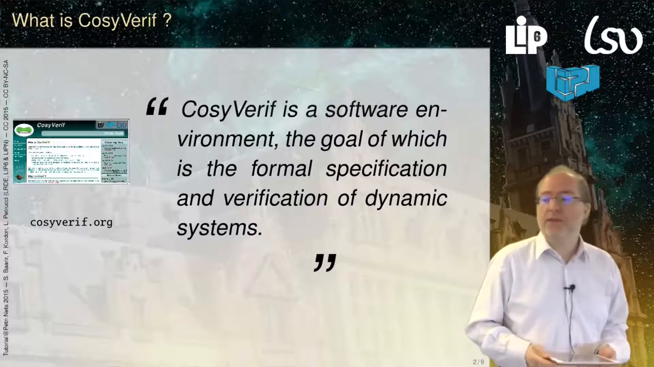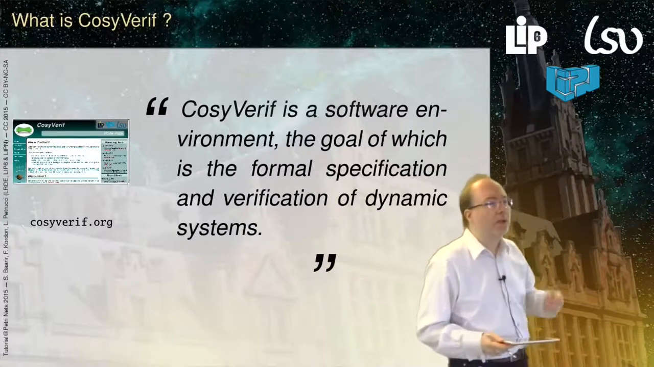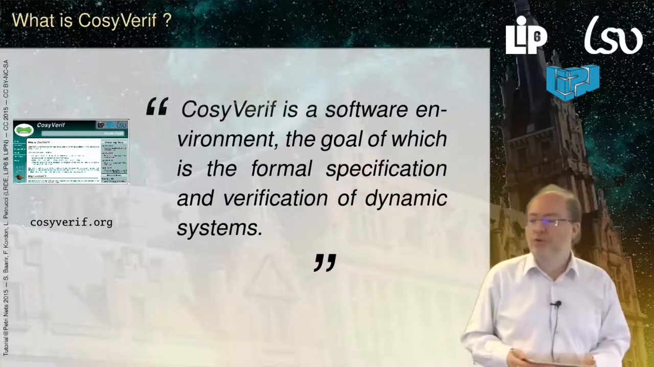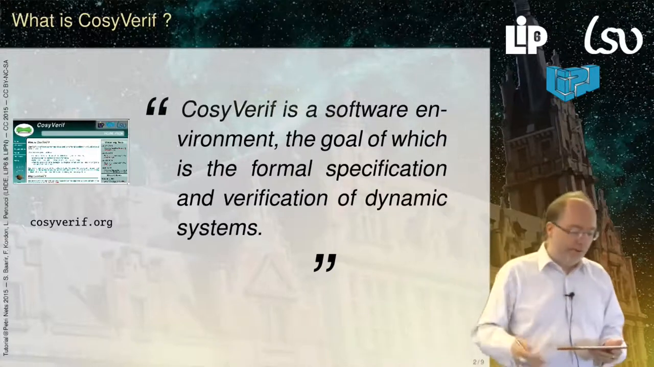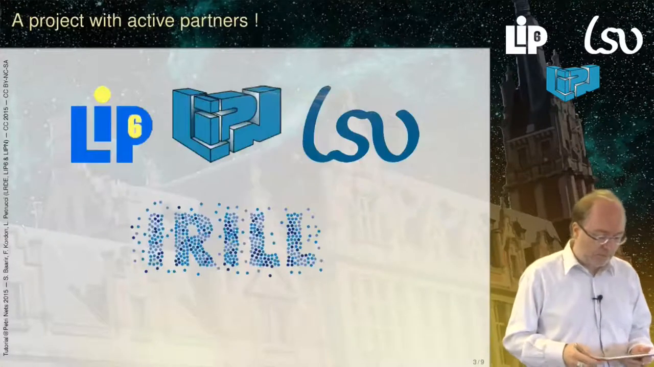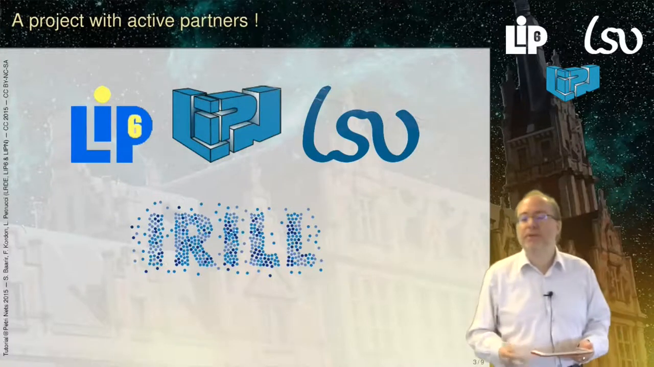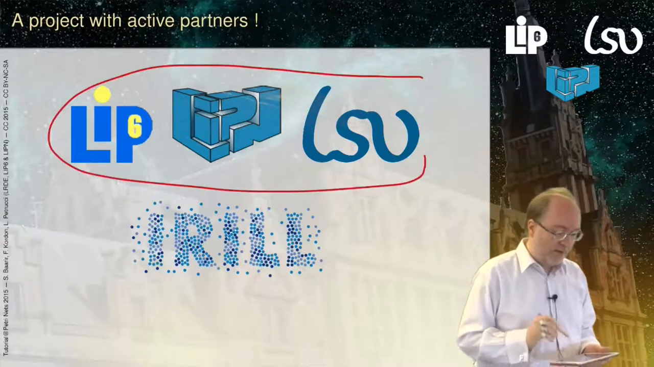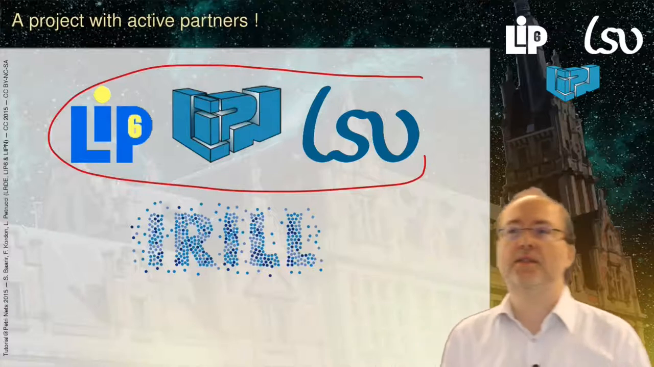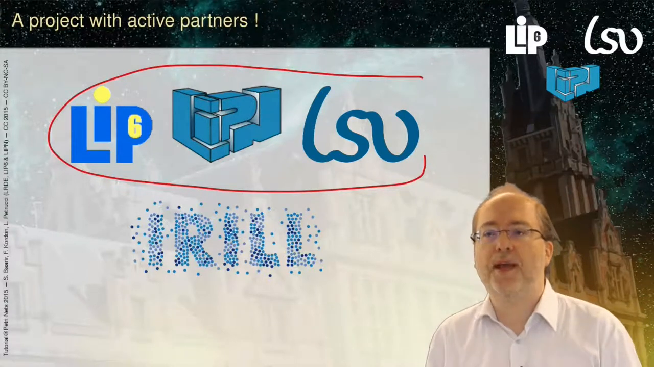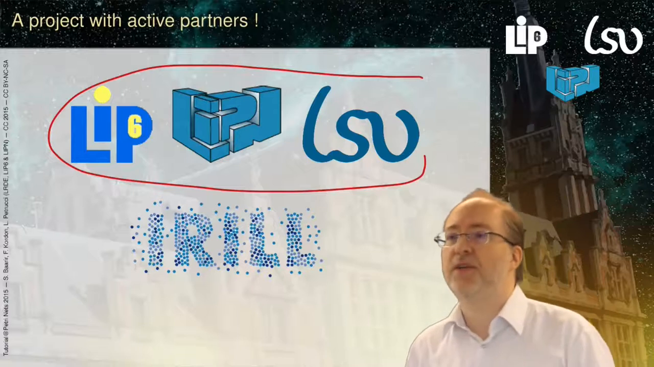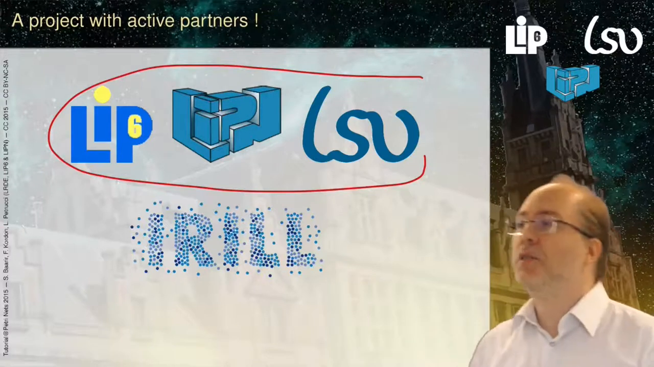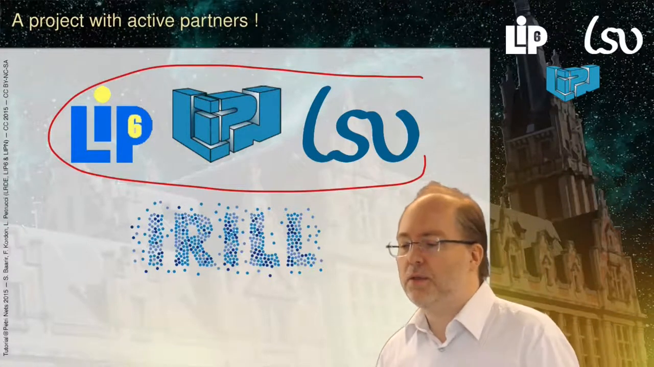So CosyVerif is in fact a software environment whose goal is to propose formal verification tools to verify all kinds of programs. It's a tool that has been developed for several years by a coalition of laboratories, essentially the LIP6 in Université Pierre-Marie Curie, the LIPN in Université Paris 13, and the LSV in ENS de Cachan. These three laboratories are located in the Paris area, and so it's quite easy for us